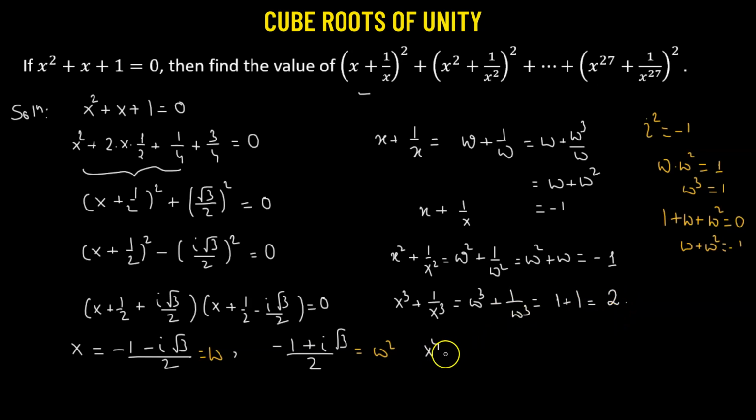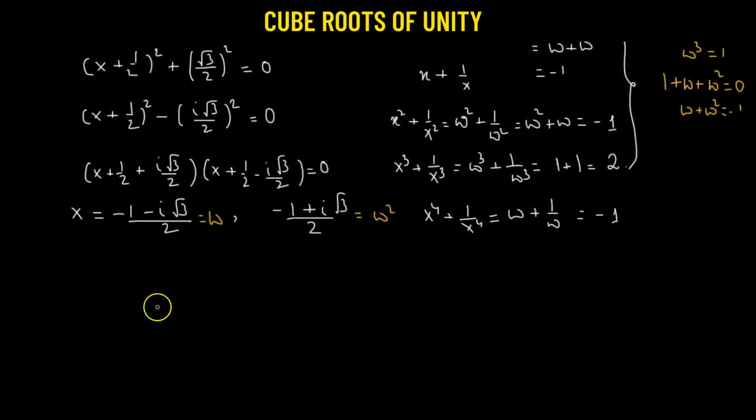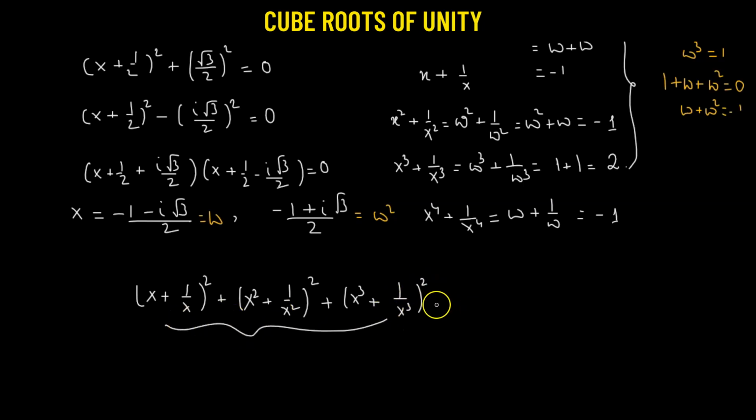Now if we find out x raised to the power of 4 plus 1/x raised to the power of 4, this is actually the same as x plus 1/x, because this also gives us omega plus 1/omega. So this value is equal to -1. So it means that after every 3 terms, these values repeat. So that means our given expression, which is (x plus 1/x) whole squared plus (x squared plus 1/x squared) whole squared plus (x cubed plus 1/x cubed) whole squared, the first 3 terms, will get repeated with the same values, and this continues up to the last term,